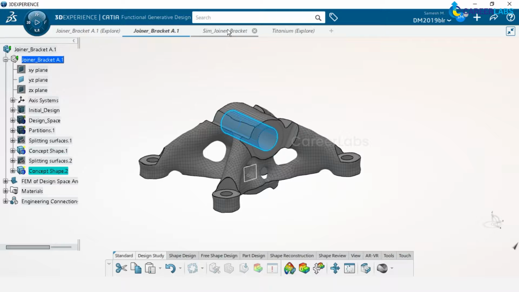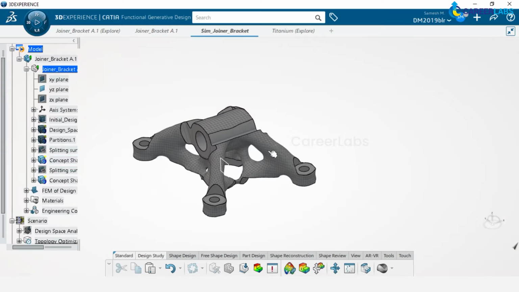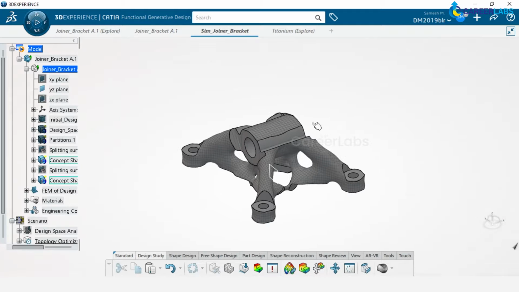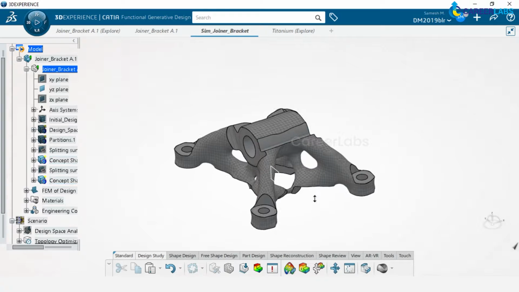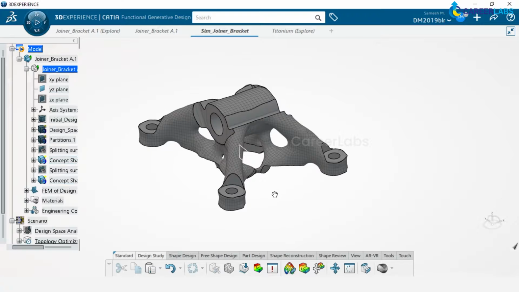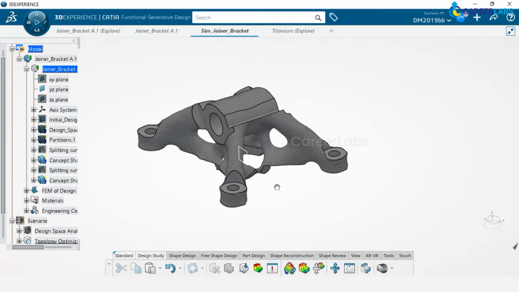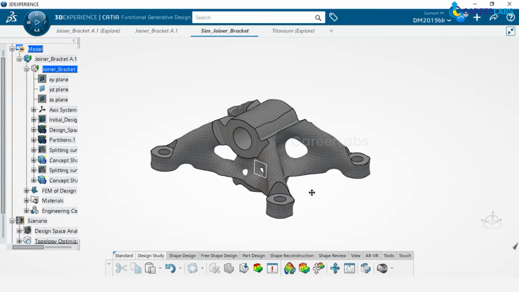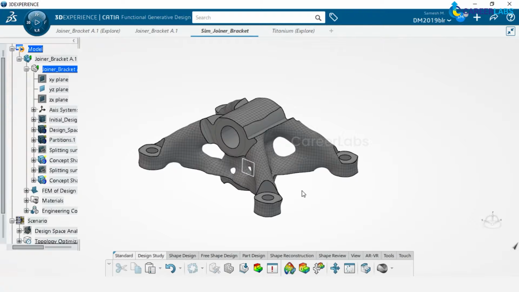So we again did all the pre-processing for this particular model. Then we applied titanium as a material. All boundary and loading conditions were done. We again meshed the model, where meshing is a process of subdividing an unknown shape into known shapes, so that it becomes easy for us to do the mathematical calculations which are required, which is actually taken care of by the solver. Okay, so each and every element is considered for the mathematical solving.